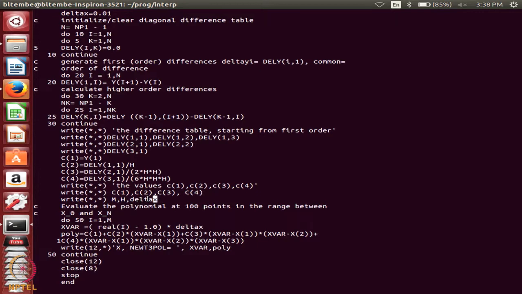Since I have 100 points, I have taken delta x to be 0.01. So, 0.01 into m will be 100. I am calculating the 100 points with a spacing of 0.01, that is 0.01, 0.02, 0.1, 0.2. All the 100 values of x are obtained by multiplying delta x to that 100 values.